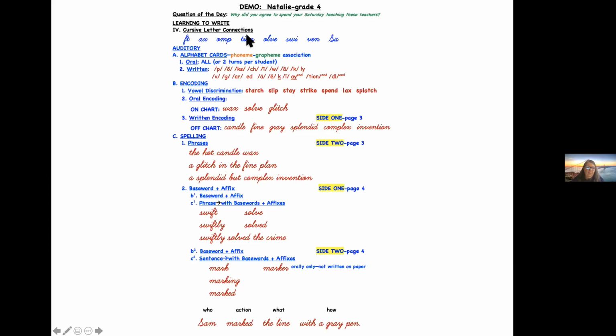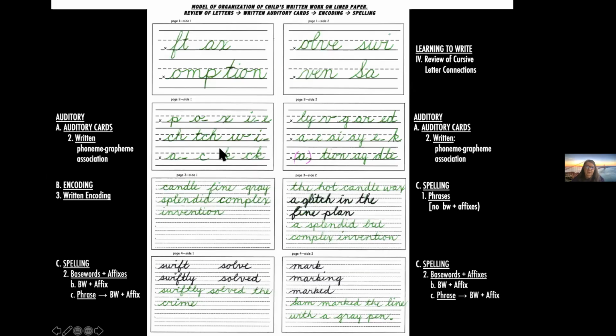So again, I might not use all of these, but these are the same. This is exactly what you saw on the other. It's just fitting on one page so you can see. And this side one, page 3, the only reason that's important is so that I know what the kids can fit. And you see, I was running out of space in a few places. I could have done this again and it would have looked a little better. But it's why I knew I couldn't put 3 words with suffixes, and so that's why I had to do marker orally. But the point is that I want the categories.